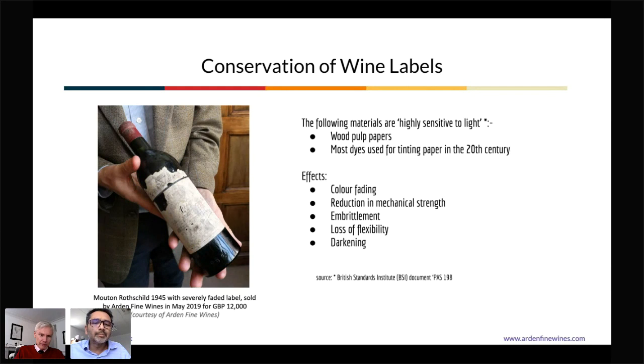It does affect the price, alas, negatively. There is still the perception that labels need to be clean and pristine for a wine to fetch the highest possible price that the market will stand. Whereas, again, I can't emphasize enough how incorrect that is in terms of how it adversely affects the wine. A faded, damp-stained label like this is indicative of something that's been stored in perfect conditions for fine wine,